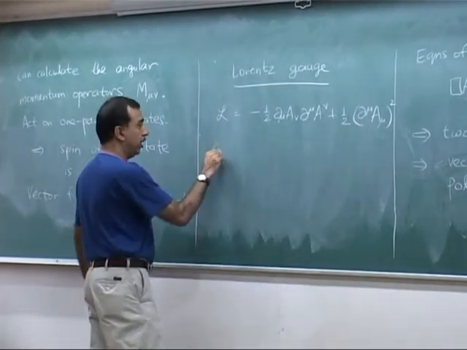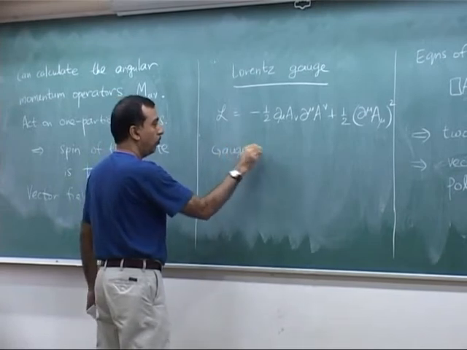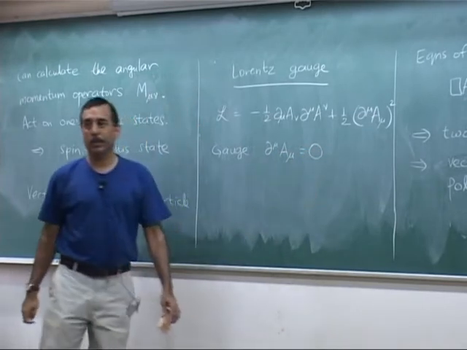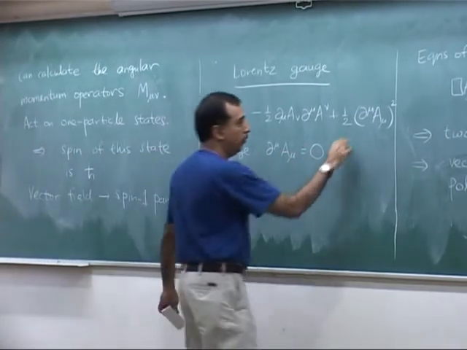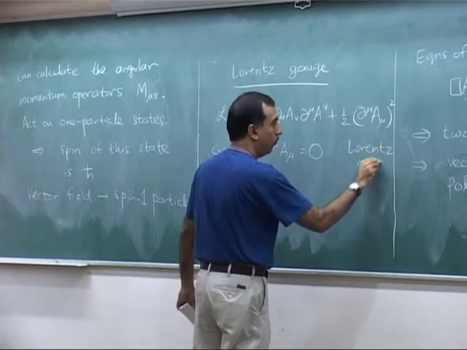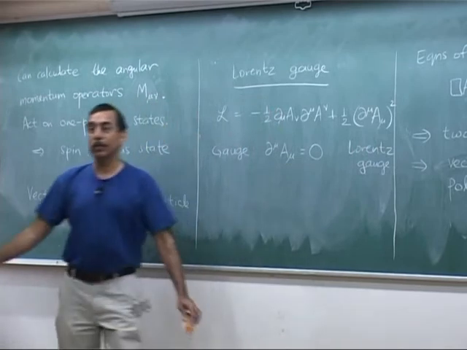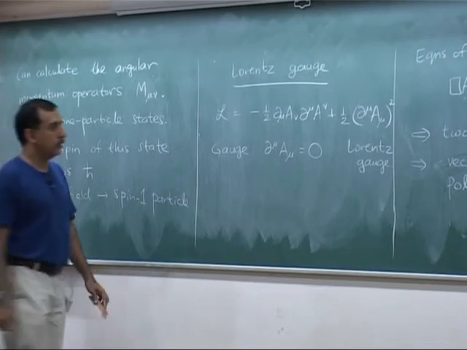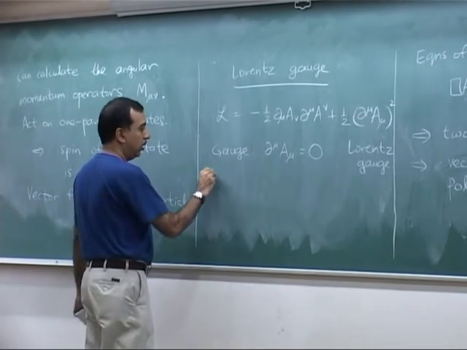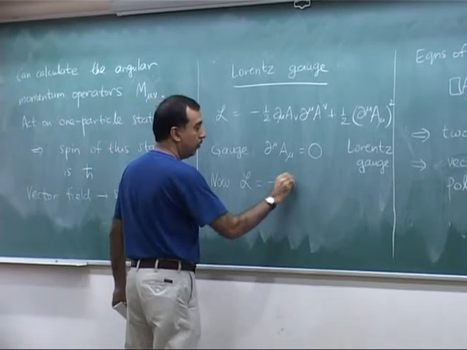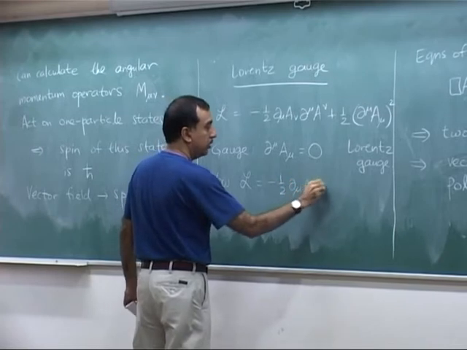But as a choice of gauge, I could choose that this whole thing is 0, and this is called Lorentz gauge. It's different from Coulomb gauge because I am once and for all setting the 4-divergence to 0, not the 3-divergence. Okay. The advantage, if you want to call it that, is that now the Lagrangian is minus half of this,